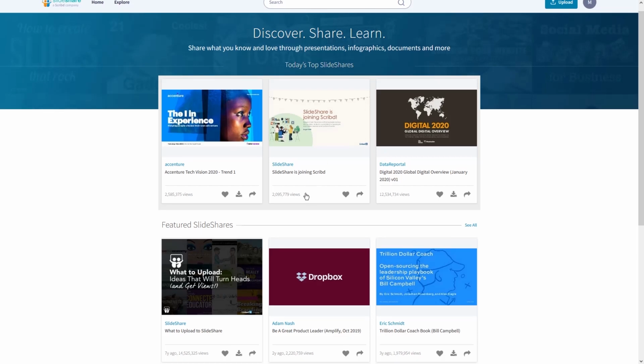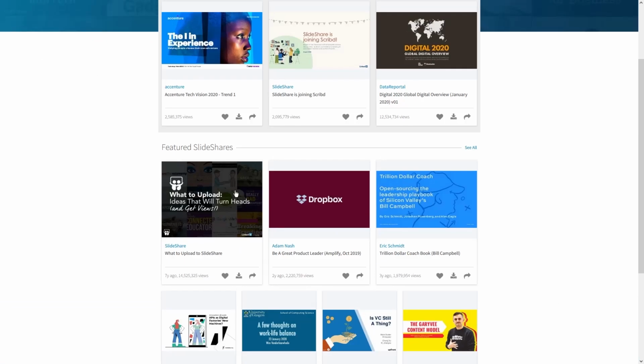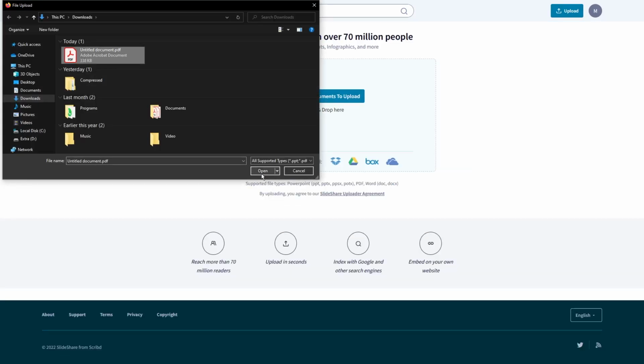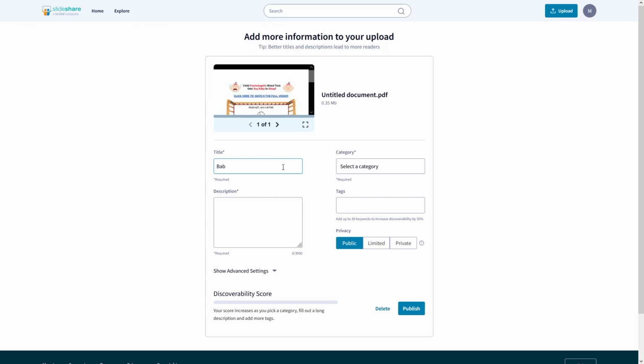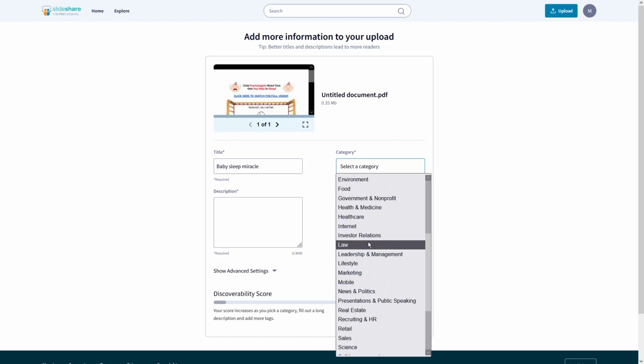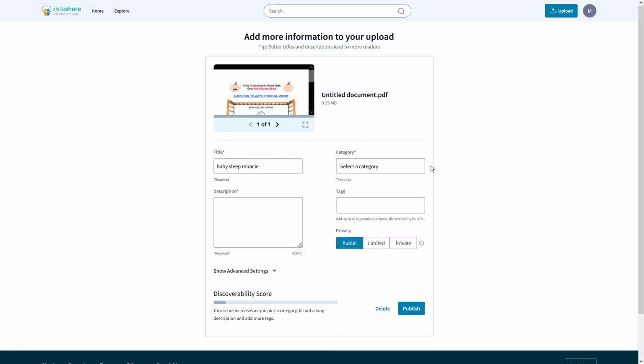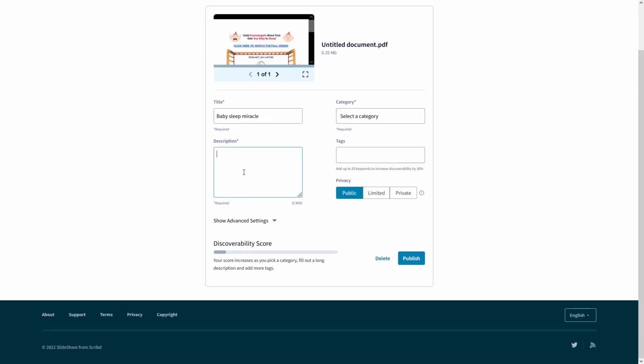Slideshare.net is being used by a lot of people who share their PDF documents. They get thousands of views. You will need to click on Upload. Find the PDF document you downloaded and put a title. Don't forget to choose a category under the Select a Category option. The category should be as close to what is in your PDF file. Add a description as well so people will know what to expect with your PDF file. Make it interesting. Add some tags and keywords to make your description rank higher and appealing to certain audiences.